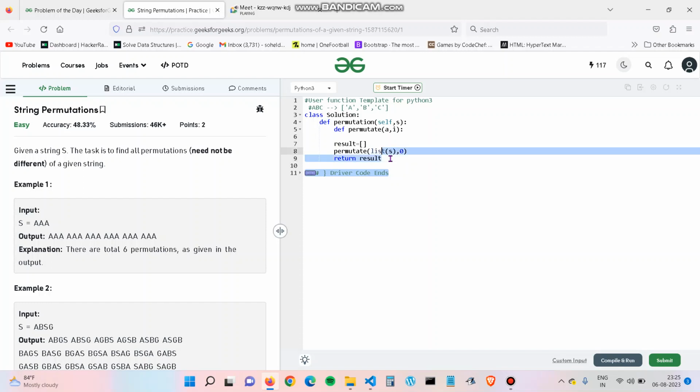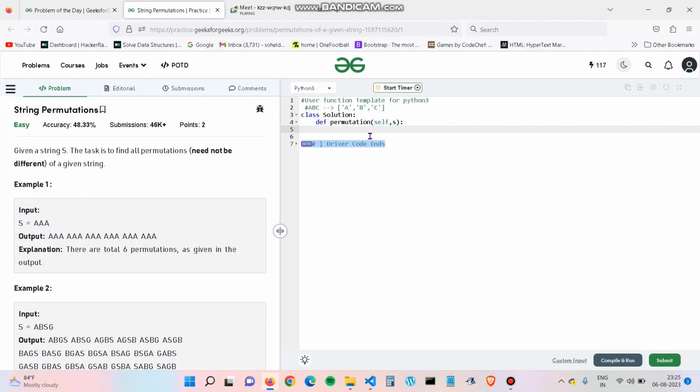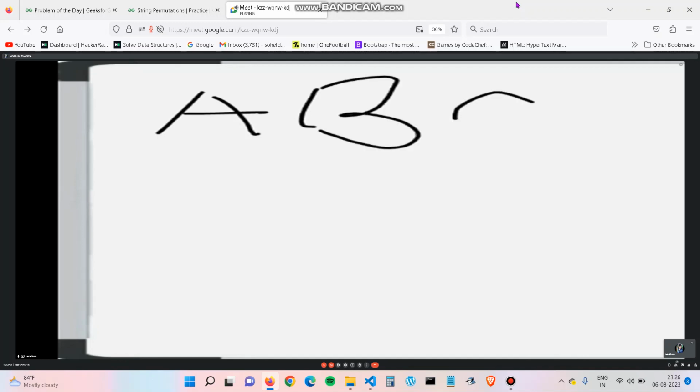So here I have created a basic snippet. I'll delete it so that we can write from the very beginning. First, see the program. Let's take ABC as a sample string, and here